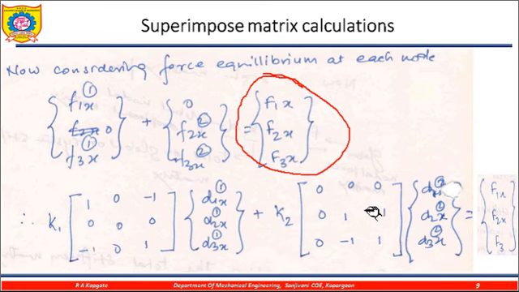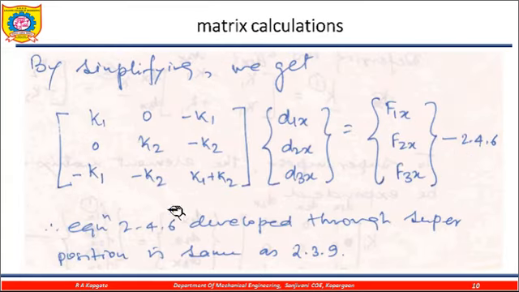So when you are adding this, automatically this is 1 plus 0, 0 plus 0, minus 1 plus 0, 0 plus 0. This is 0, 0, 0, so minus 1, 1. Here 0 minus 1 plus 0 is 0, but here 1 plus 1 is 2. So finally we are getting k1, k2, here the values are k1 plus k2.